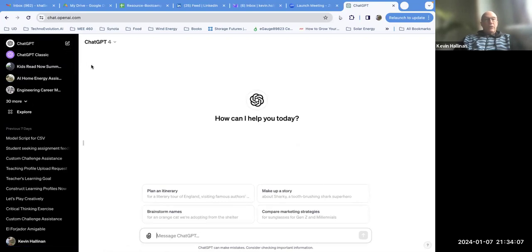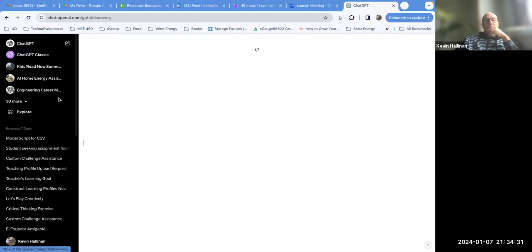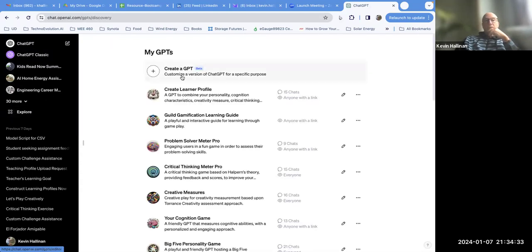What I'm going to be talking about requires GPTs. It requires that both the developer of the GPT and the student or the learner have access to the paid version of ChatGPT. I'll just show you quickly how to get in and do it. So under Explore, the top heading,